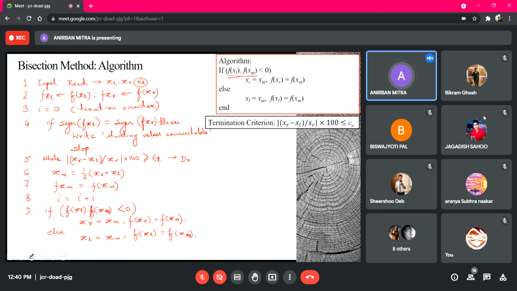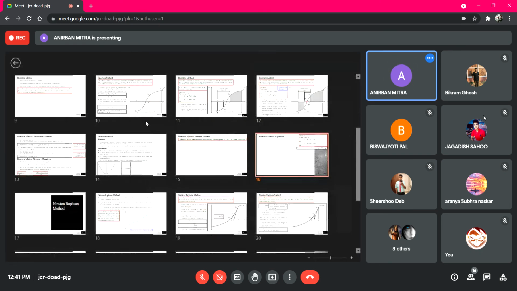So that is what you do to end the if-else statement here, and this continues till this is greater than or equal to epsilon t. When it falls below, obviously it will exit the while loop and go to the next statement. The next statement here, sorry,